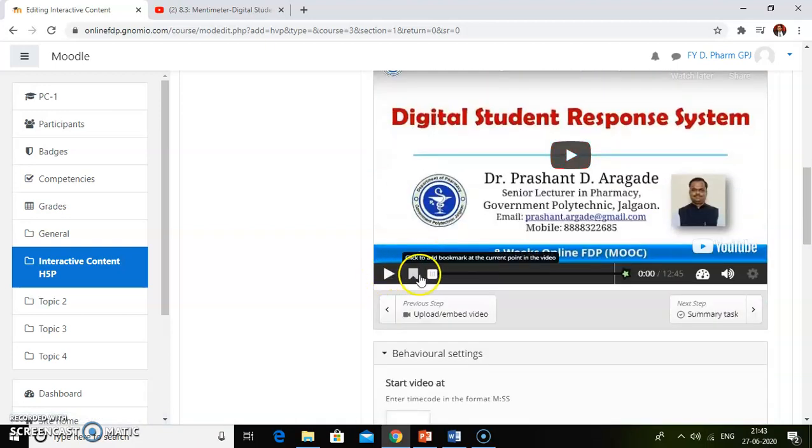This is the play button, this is the bookmark button, and these are the forward and backward buttons. So you have to start the video and then try to find the exact point where you want to add an interaction.